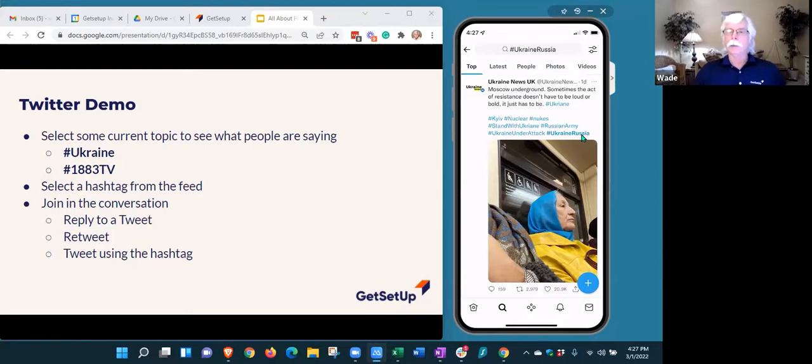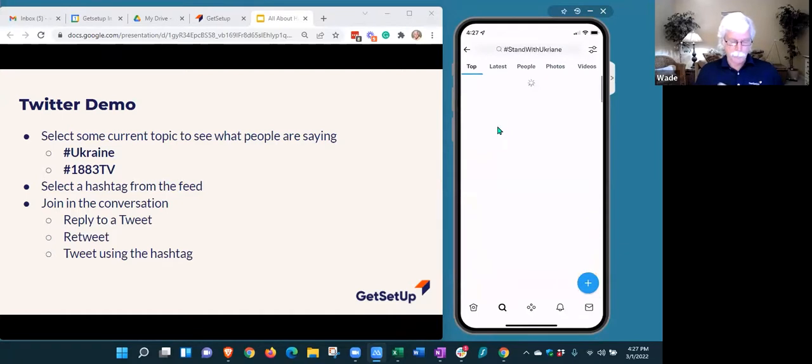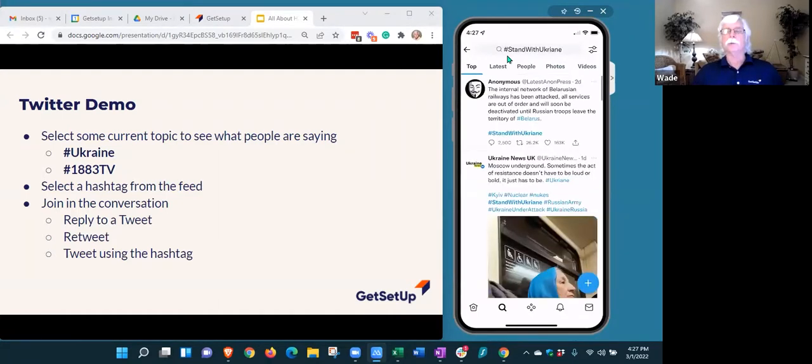Now, one thing about hashtags anywhere and everywhere is they're all actionable. So if I wanted to find more about stand with Ukraine, I just touch that hashtag, and it now takes me to hashtag stand with Ukraine. And now this is only going to show me tweets that have hashtag stand with Ukraine on it.